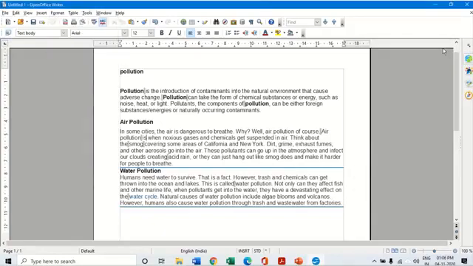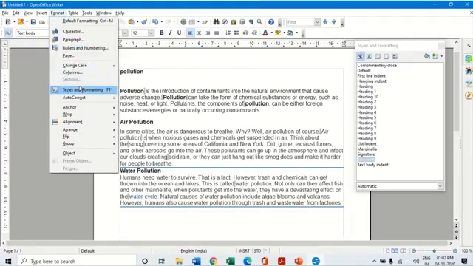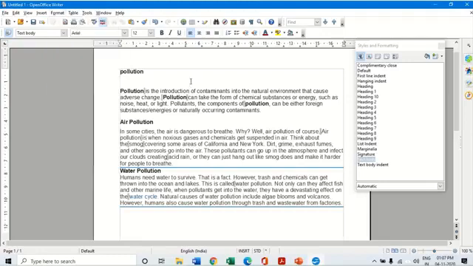This is the second method. Or I just simply press the F11 key on the keyboard and the styles dialog box opens. So these are the three ways in which I can open my styles dialog box: one from here, one by pressing the F11 key, and the third one from the Format, Styles and Formatting option.